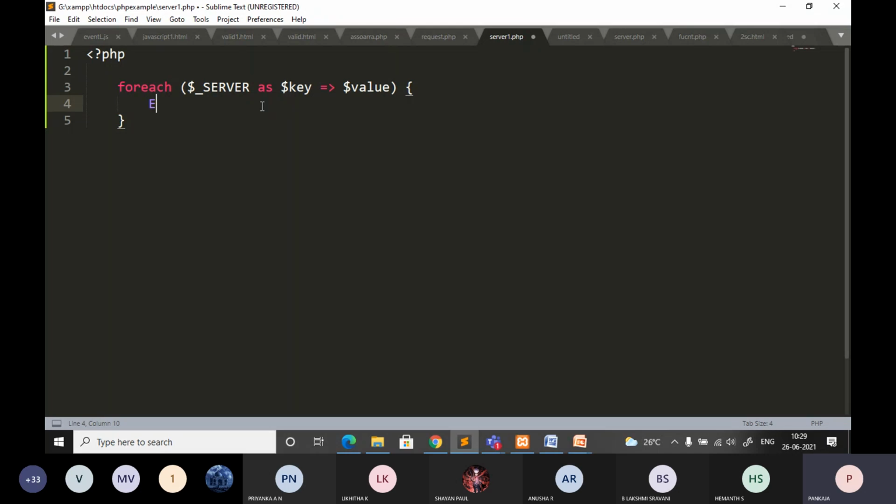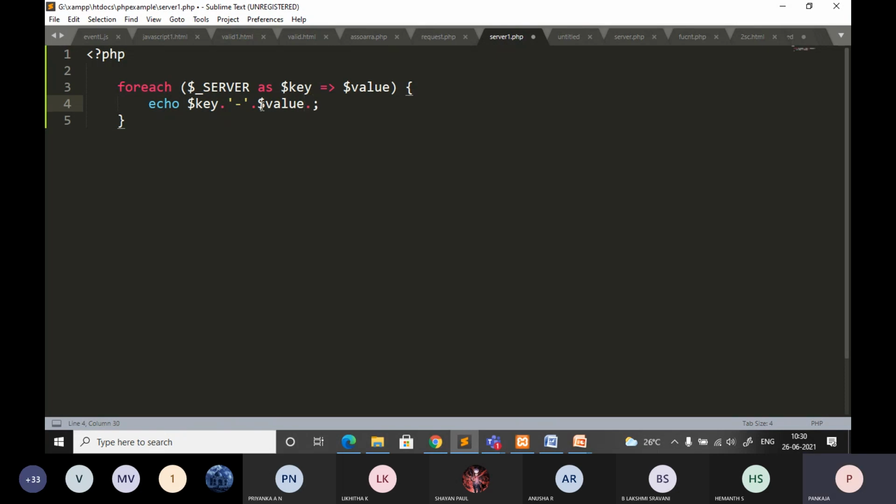Now I'll try to echo dollar key. I want to display what the key is. So use the dot operator and give some space or hyphen, followed by the value.